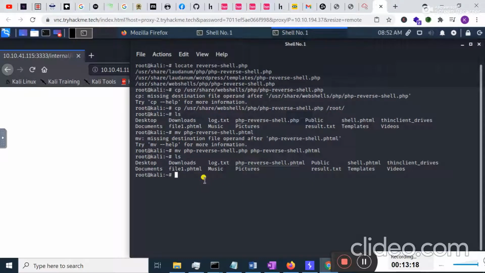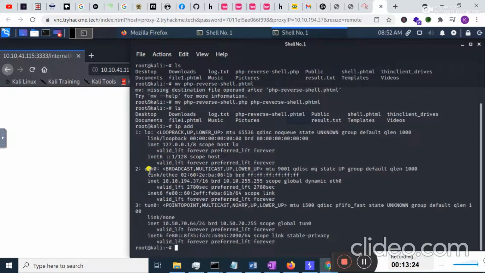Now I should change the IP address in it. If I check my IP address by typing ip add and hit enter, my IP address is this one. I'm going to copy this from here. Now I'm going to open the reverse shell using the nano editor.